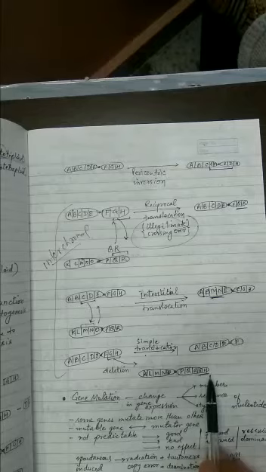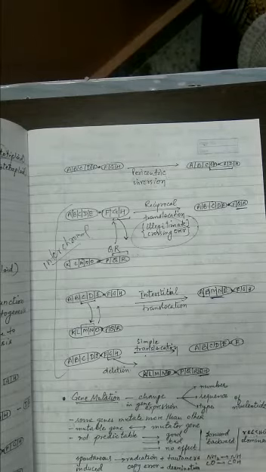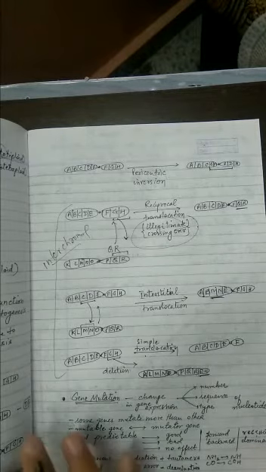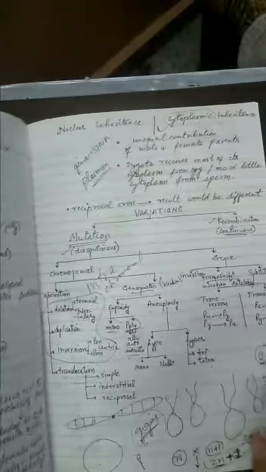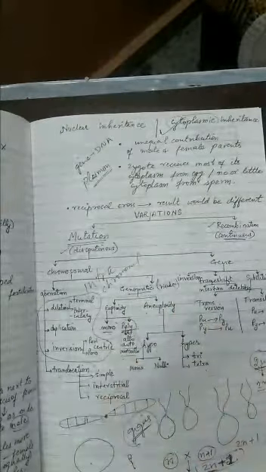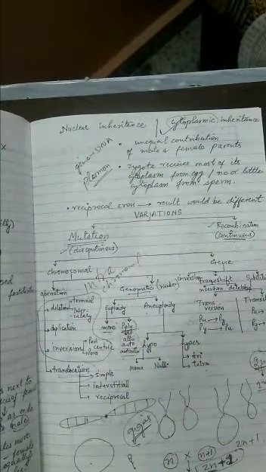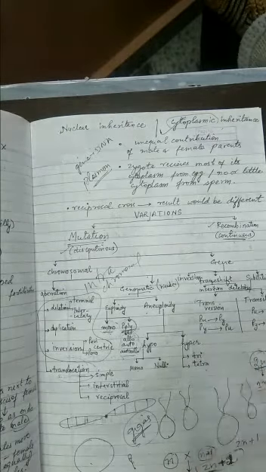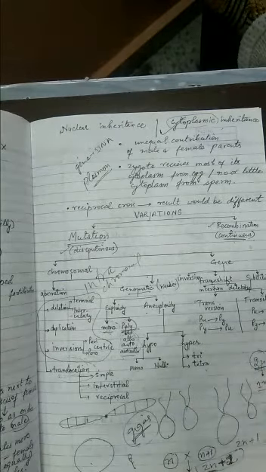Translocation produces the wrong type of pairing, so it will produce duplications, deficiencies and wrong segregation of the chromosomes, resulting in many abnormalities. So this we all covered, and then we started a new concept yesterday, the second type of chromosomal mutation, and that is the genomic mutation. Those mutations in which there is a change in the number of chromosomes are called genomic mutations.